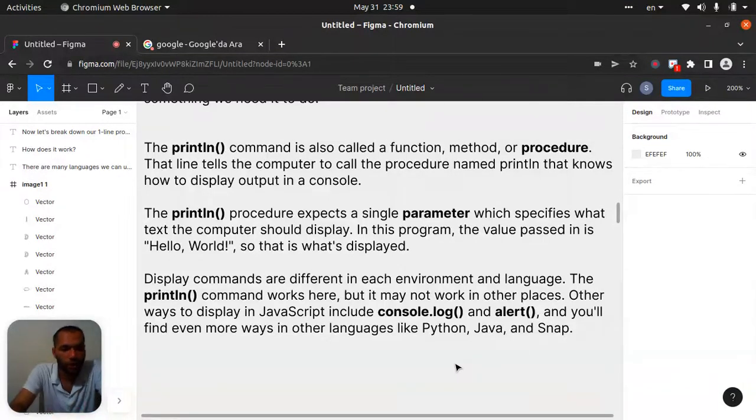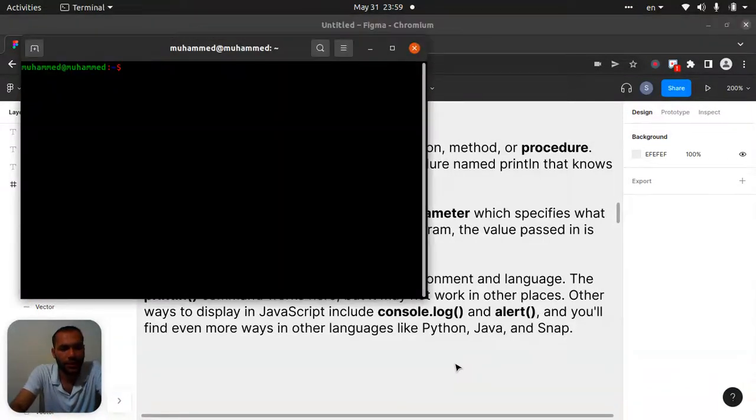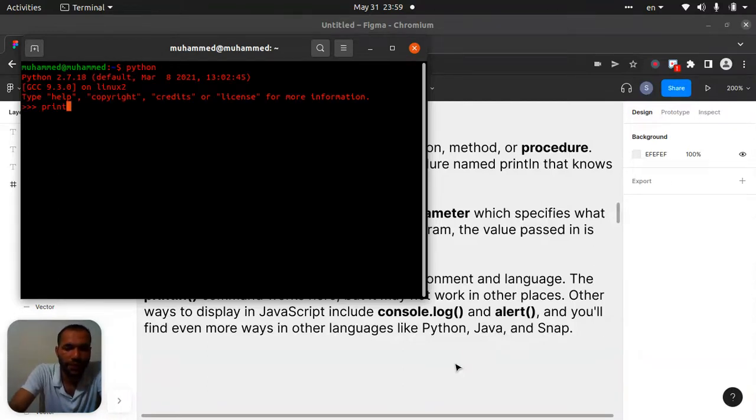Let me show you again. Try to understand. Let's say Python print, hello world, and close it. This is our program, and it works. Print is a function, method, or procedure.